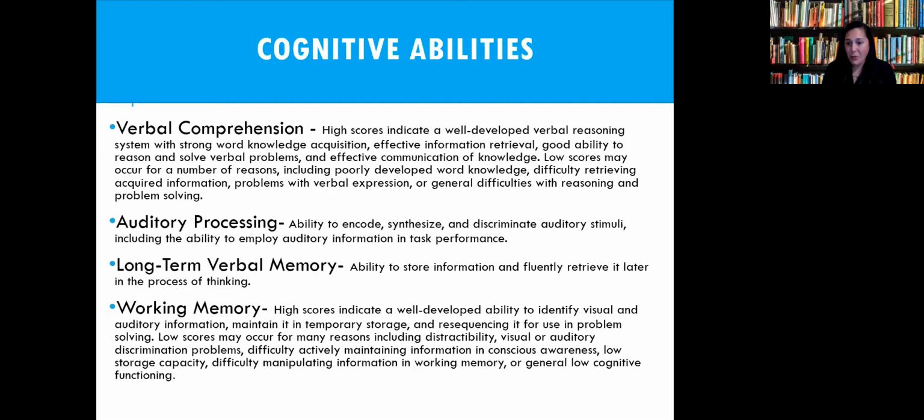But it does also, again, tell you so much about an individual. If this is an area of weakness, what it tells you is that you need to figure out a way to help them encode these things a little bit differently. Again, is there something I can tie this to that they're already aware of that's very common for them, so that this information doesn't just kind of slip away from them, or so that they're able to find it when they need it? And if we're not able to get them to that place, again, figuring out how to provide them that data in such a way that they're able to access it later.